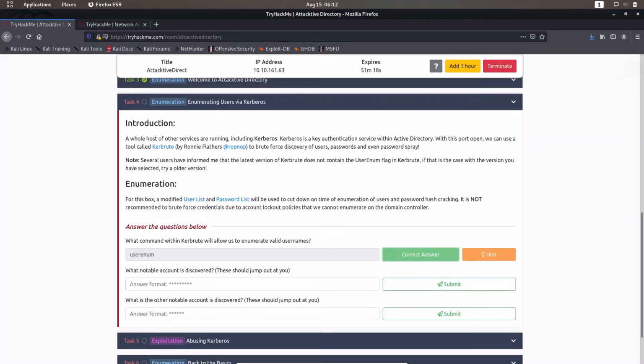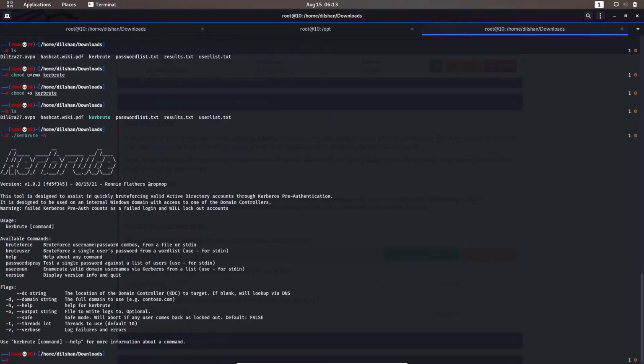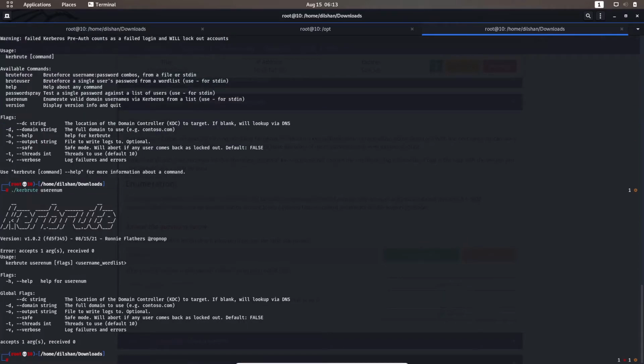The next part of the question says, what notable account is discovered? Here we need to enumerate the user accounts. In order to do that, you need to give the command kerbrute userenum. So in here you can see what the options are. Now give the command kerbrute userenum